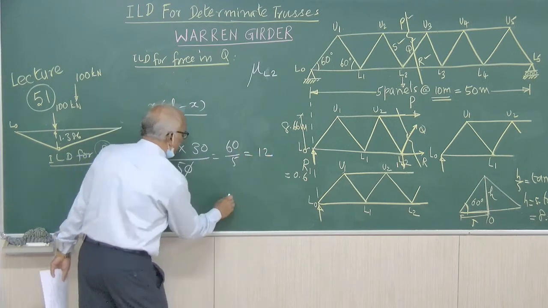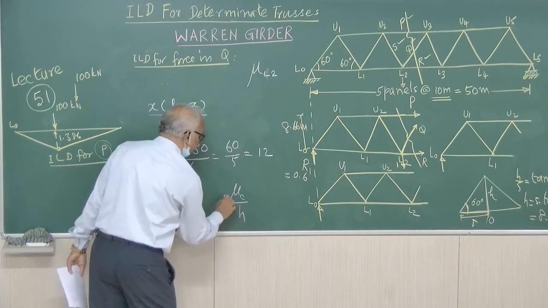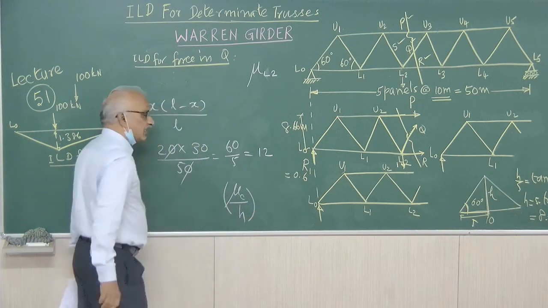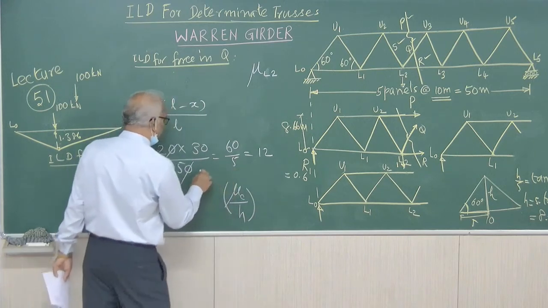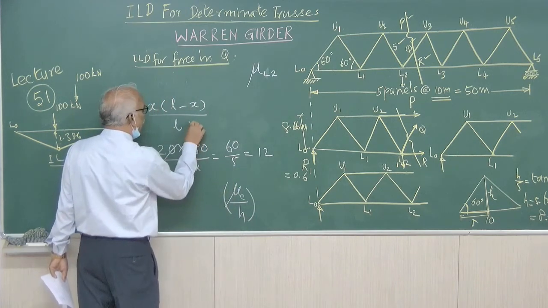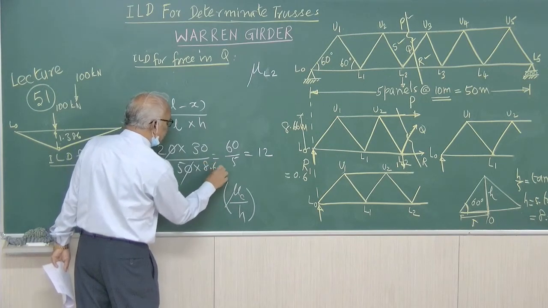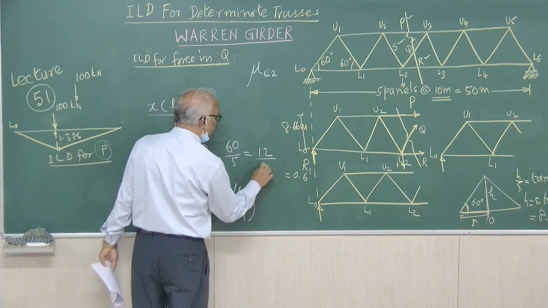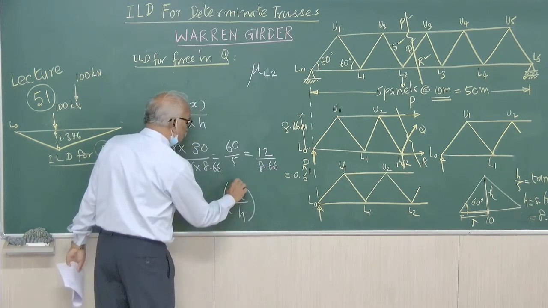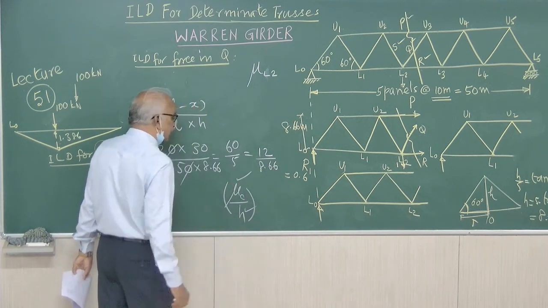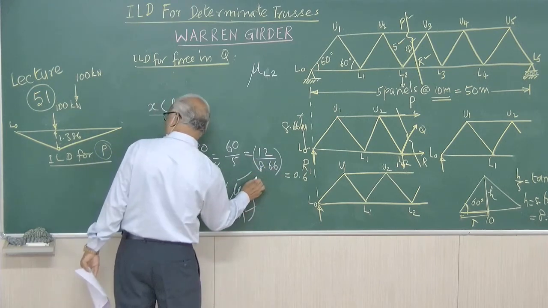It will be given as mu C by h, where h is the height of the truss. Therefore, this 12 by the height of the truss. Height of the truss is 8.66. So, this is 12 divided by 8.66, that is mu C by h, height of the truss. So, 12 by 8.66 will also be equal to